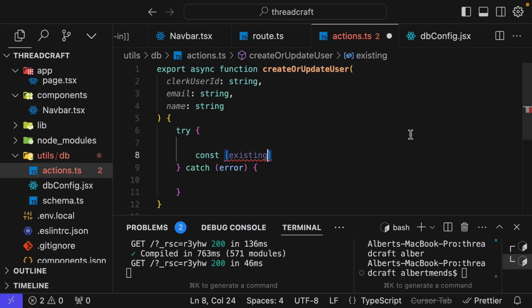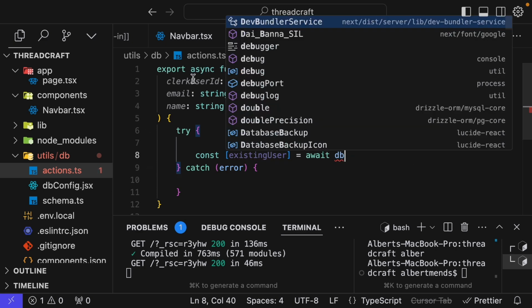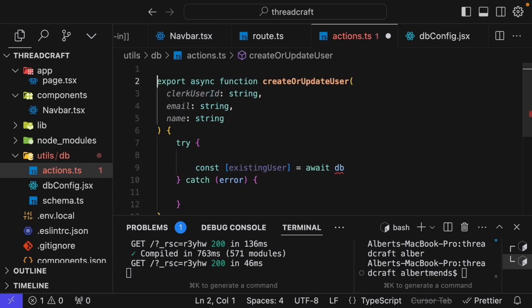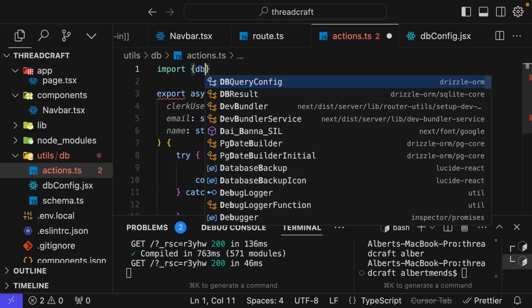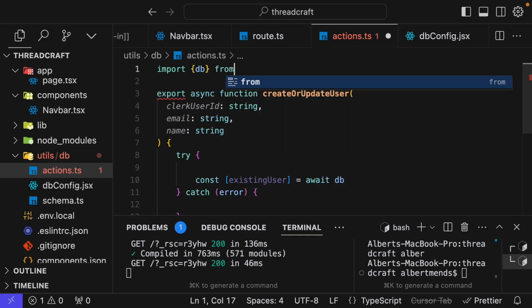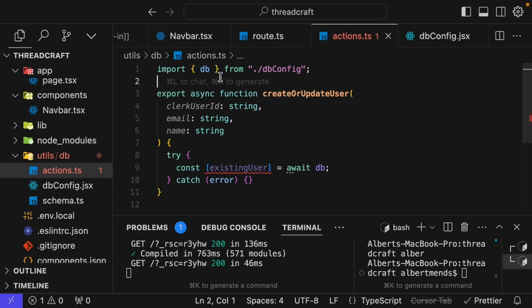So we have existingUser equals await db. So we have to first import the database from the config file that we created, dbconfig,